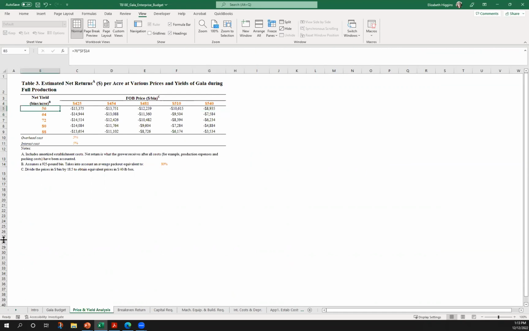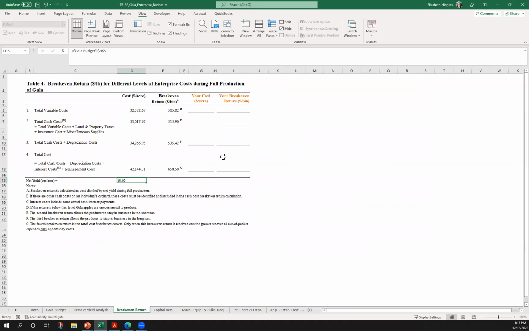So if I'm assuming this is now like 90, I can see what if I had a theoretical 120? Am I ever profitable? So I can change these numbers and actually do some sensitivity analysis, estimated net returns, the break-even return.